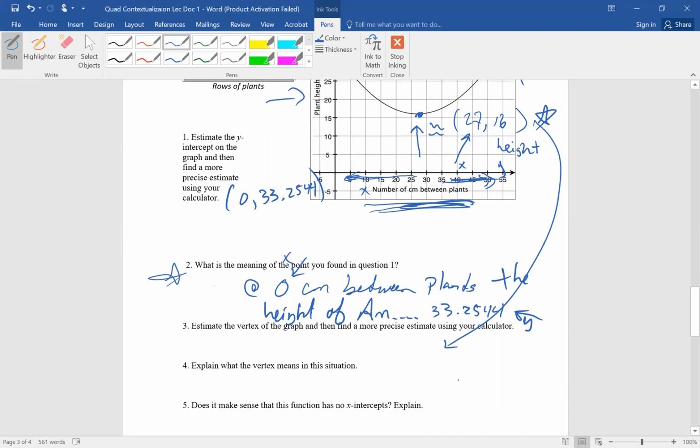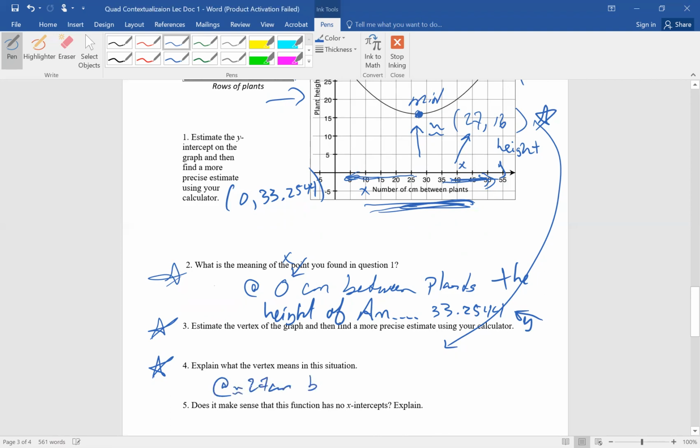And what does that mean? Notice this is a meaning question that's worth points on a test. What would it mean? Not 27, comma, excuse me, 16, but what does it mean? Hopefully you're saying if you put 27 centimeters between the plants, your minimum height, notice this is a minimum value because at the bottom of a vertex, is the minimum height. So here's what I would write: at 27 centimeters,